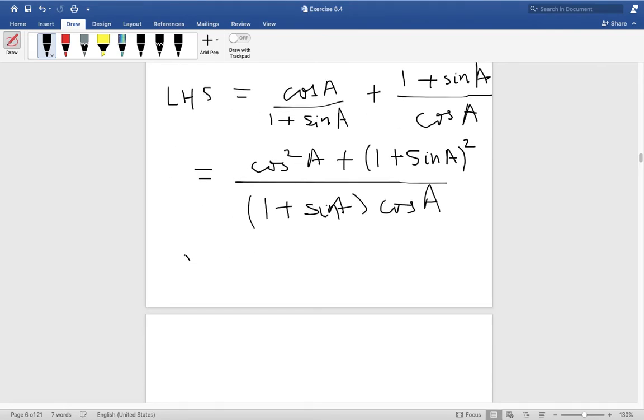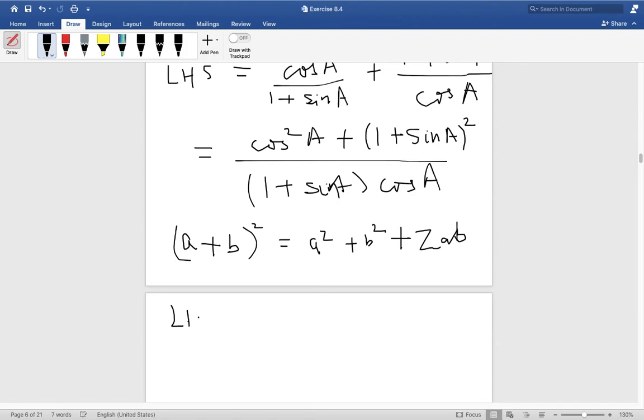Now in class 9, I think there's this identity (A plus B) whole squared is equal to A square plus B square plus 2AB. So we will have to use that one over here. What do we get in left hand side is cosine square A. A square, A is what? A is 1. So 1 square is what? 1. B square, B is what? Sine of A. So sine of A squared is what? Sine square A. 2AB, 2 into 1 is 2 into sine A is 2 sine A. So we are done here,